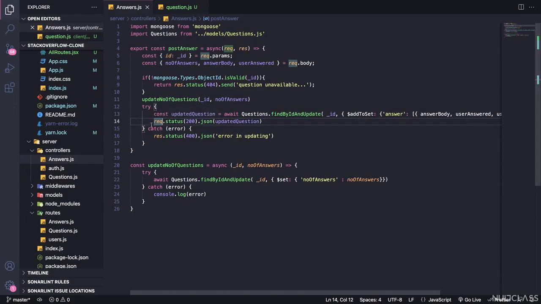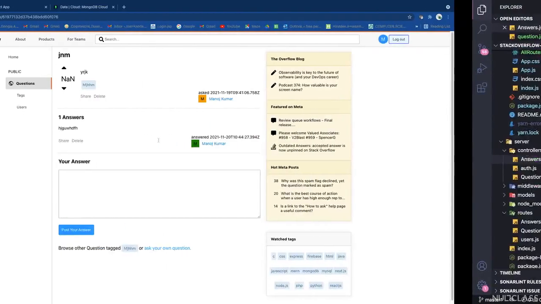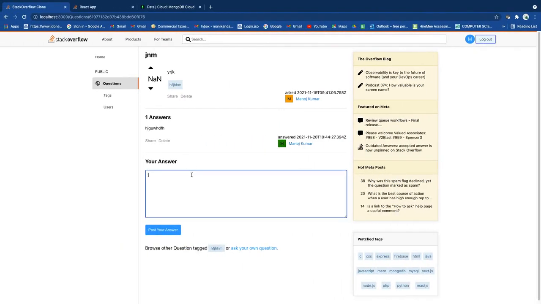This is not a request. We are sending a response, so it has to be RES. But I have given REQ, which means a request. That's why an error has been thrown, and we have to refresh the page in order to get the updated answer. So as soon as I rectified this, now we don't want to